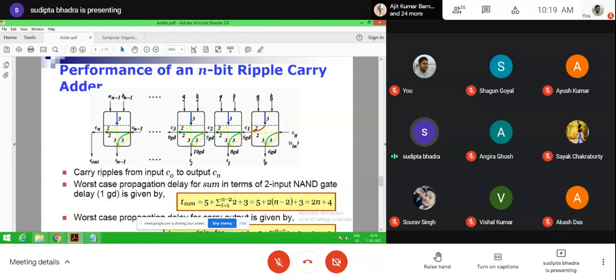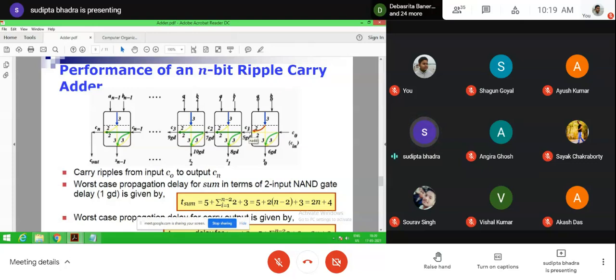Okay, so in terms of two input NAND gate, it will be 5. 5 means C1. Now the second full adder from the right-hand side depends upon A1, B1 and C1.